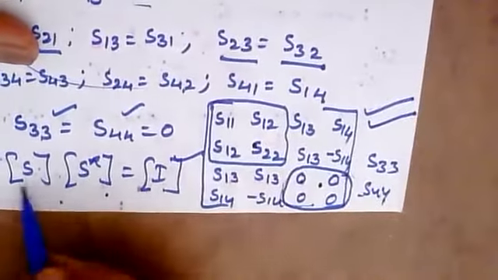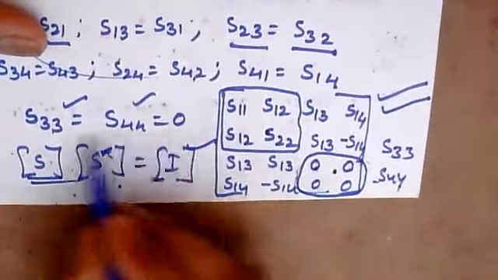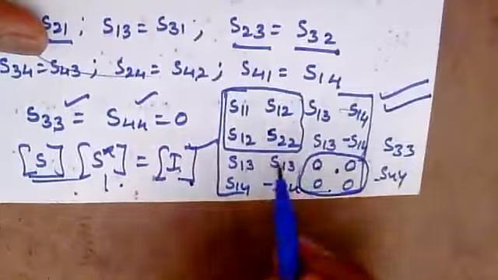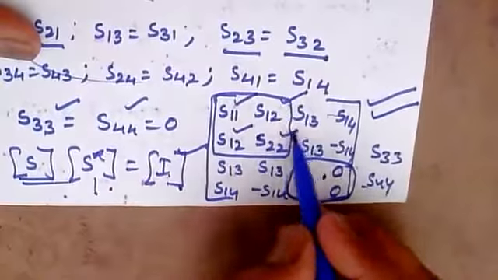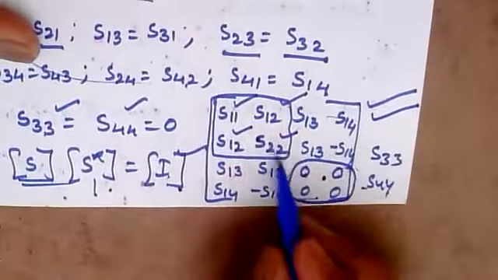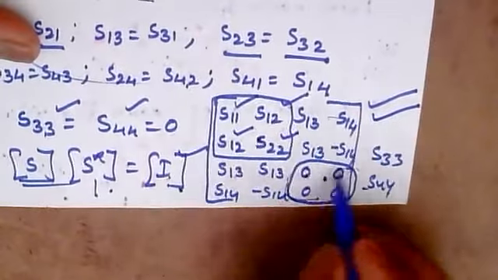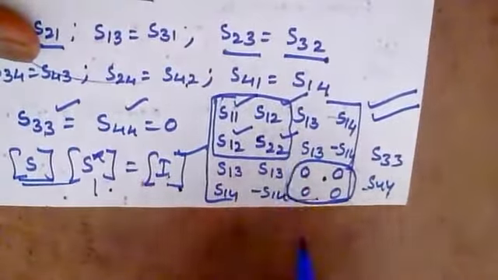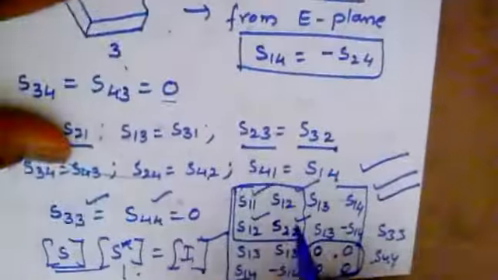You can simplify after this. As I have told you, take row 1 column 1, row 2 column 2, make use of this particular unitary property and try to calculate all these values. In that you can find that S11, S12, S21 and S22 will get zeros. So upon that we can understand that if any two ports are perfectly matched, then automatically the other two also get matched here. So it is said to be a magic T.